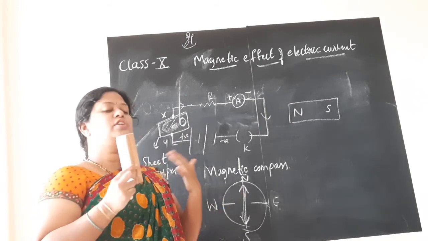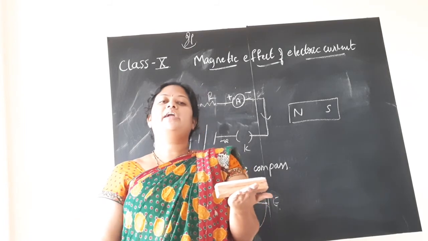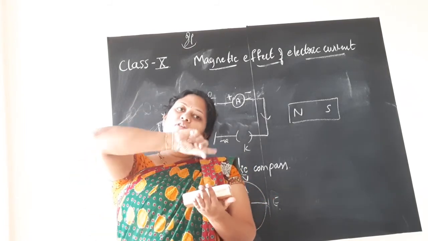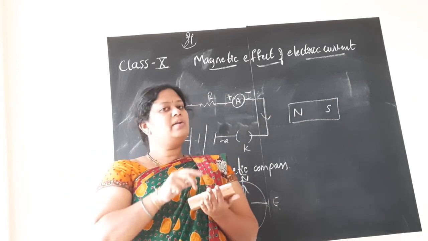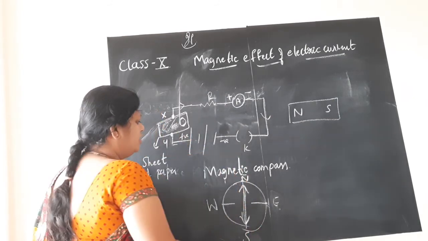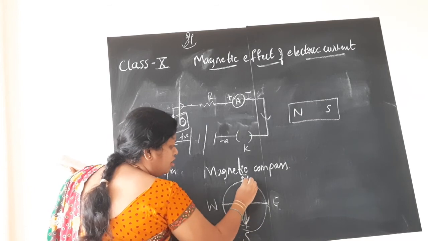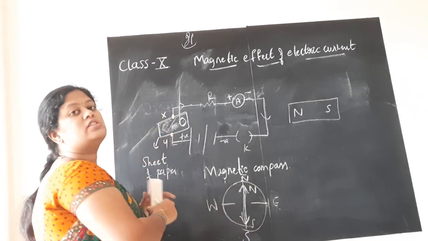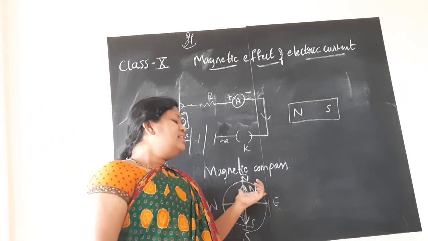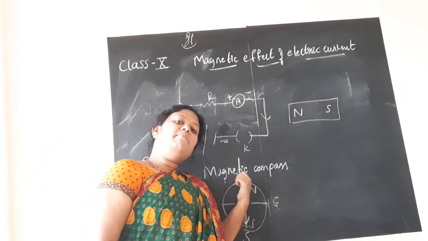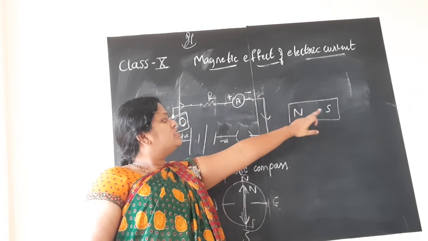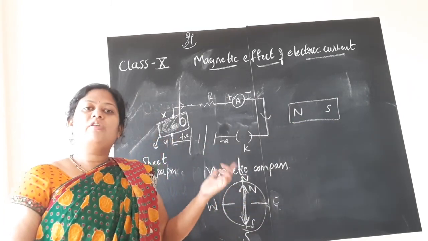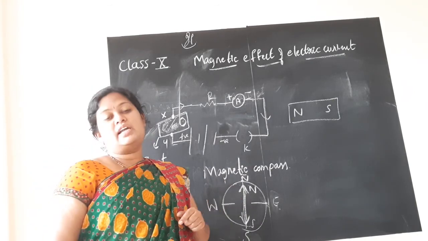So wherever you stand, if you just keep the magnetic compass in your hand, it will automatically rotate and show which direction is north. The needle will be there inside the magnetic compass, children. So this arrow mark, what you see, north pole, south pole, will always show which is north and which is south. Since it is made up of a tiny bar magnet inside, consisting of a north pole and a south pole, this magnetic compass always shows the north direction.